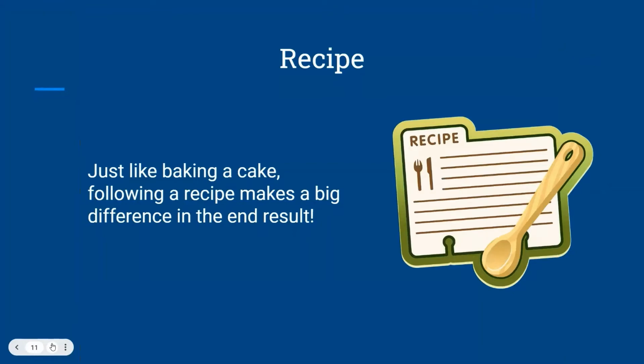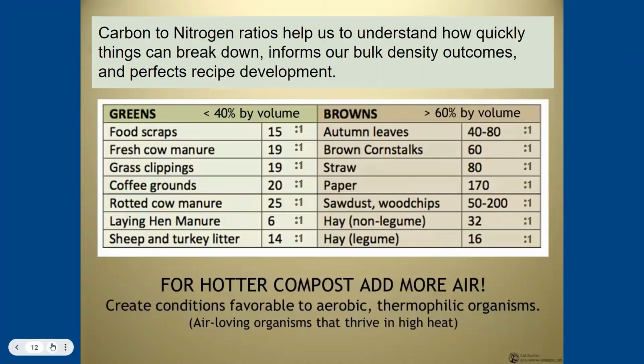And so when we talk about composting and building piles or filling bins or tumblers, it's really just like baking a cake, right? So we're actually talking about how much carbon or carbon-rich materials to how much nitrogen-rich materials and how much water or moisture is either coming with those feedstocks or needs to be added. Maybe additional water needs to be added depending on what kind of materials you're using in your recipe. But you can really think about it like a recipe.